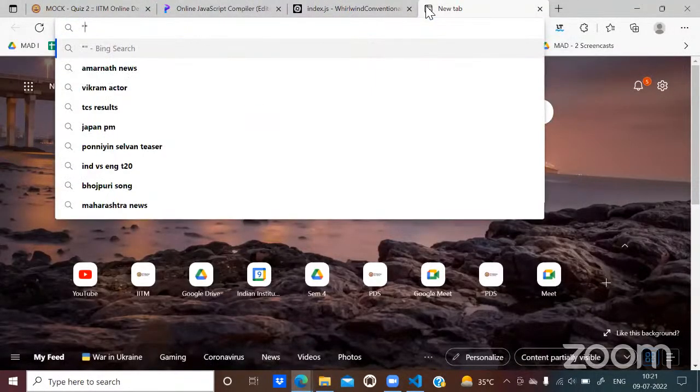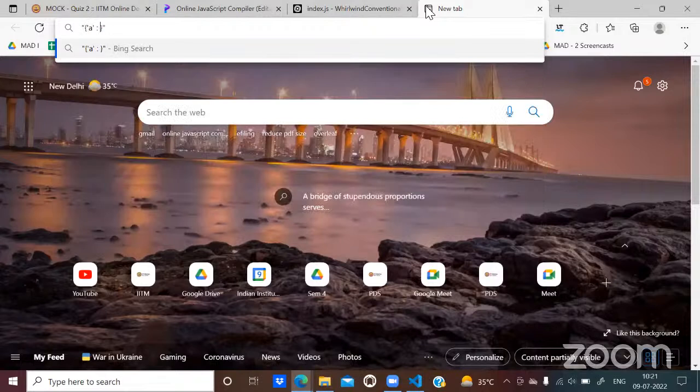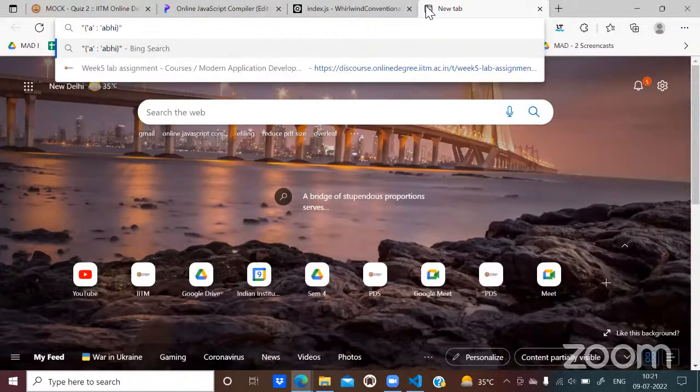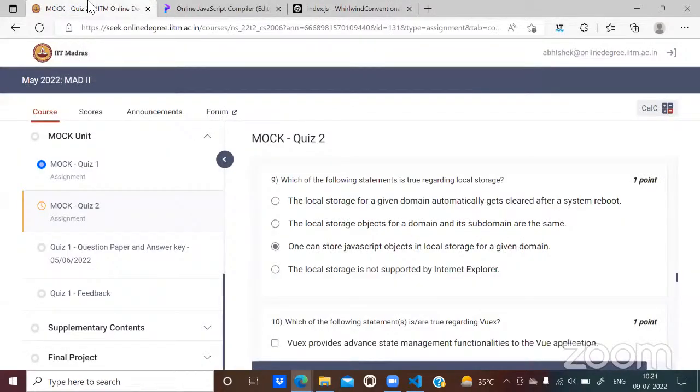See, suppose this is... so, what do you think? Is this a JavaScript object or is this a string? Okay, I would say it's a string. Yes. But if I remove these quotes from the left and from the right, then I would say that it's a JavaScript object. Okay. So yeah, the point you're making is correct. All right, I'll change that. Yeah, thanks for bringing it up.